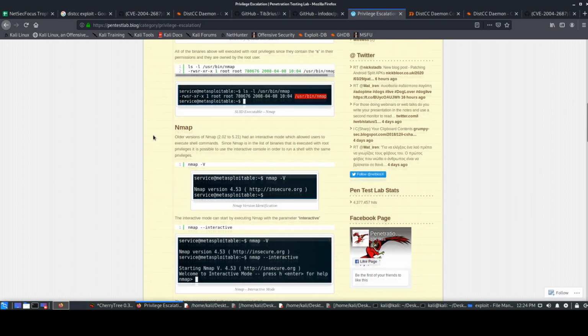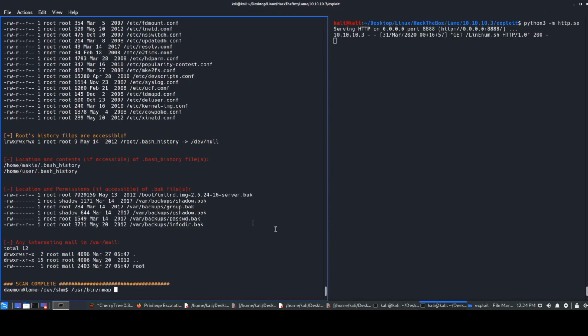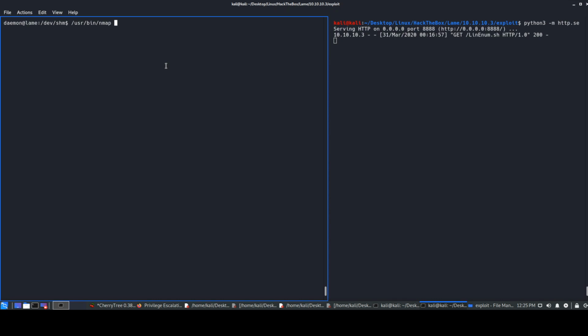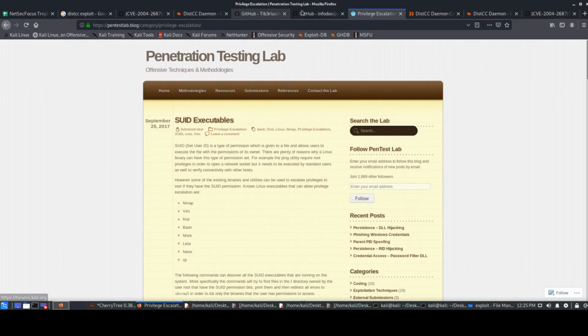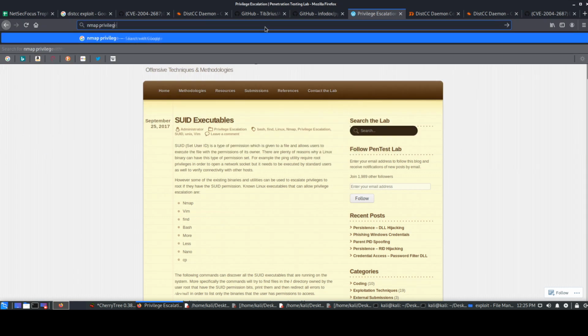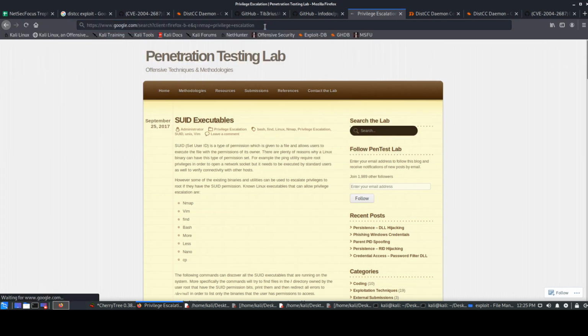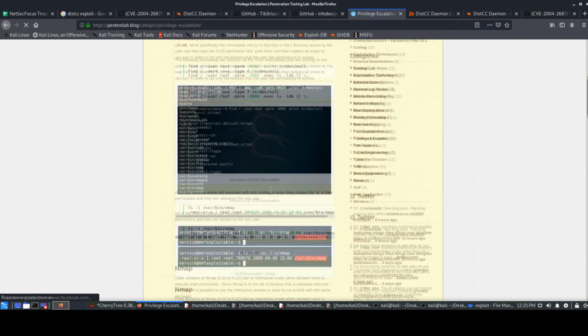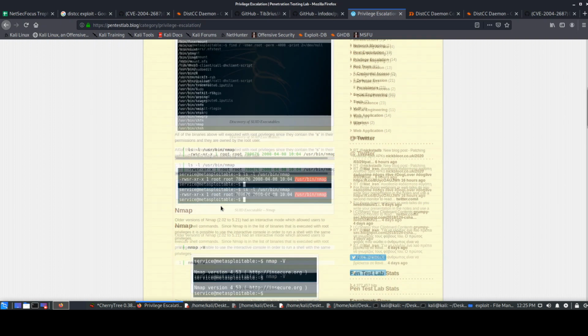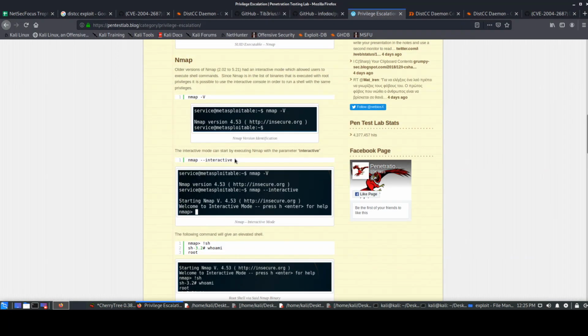So you can read more over here in this pentest blog. I'll just go over it. We'll go to /usr/bin/nmap, and as mentioned earlier, we'll look for the privilege escalation exploit. We'll just try to Google nmap privilege escalation, and we find something over here. Let's look at it. There are multiple ways to use it, but we will probably look at this nmap interactive